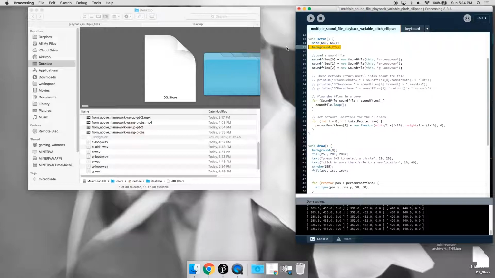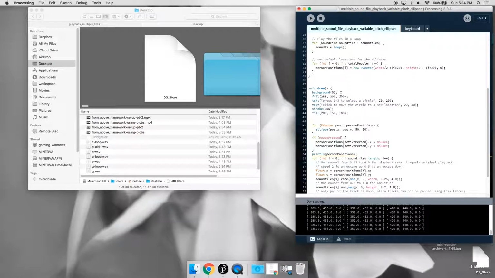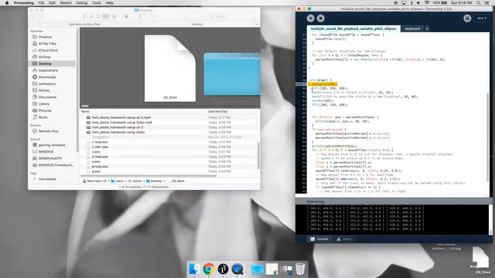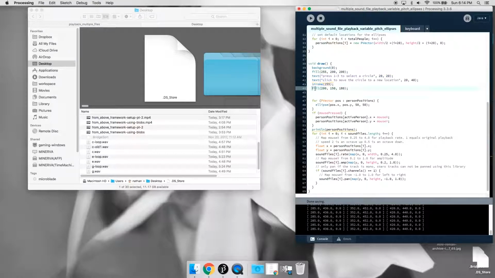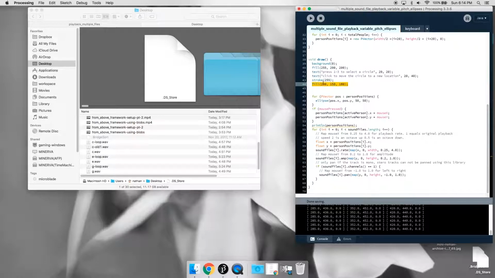So actually we don't need to set the background up here in the setup. We can take that away. So we set the background here. Then we're setting a fill color. And then we are displaying the text at that fill color. Then we're giving ourselves a stroke color, which is black, and then we're giving ourselves a slightly different fill color,